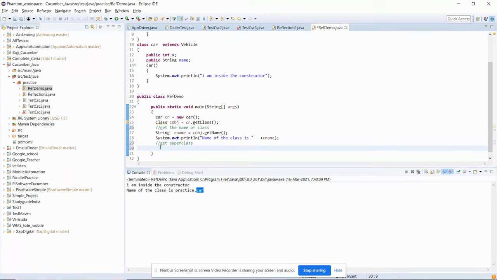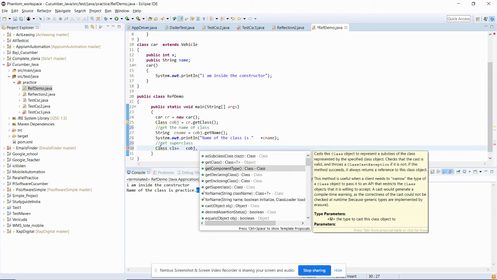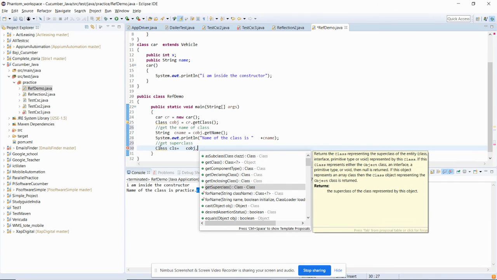First of all let me create a Class cls, and I will say superclass object is equal to, we have already created the object, and here you will get a method named getSuperclass.